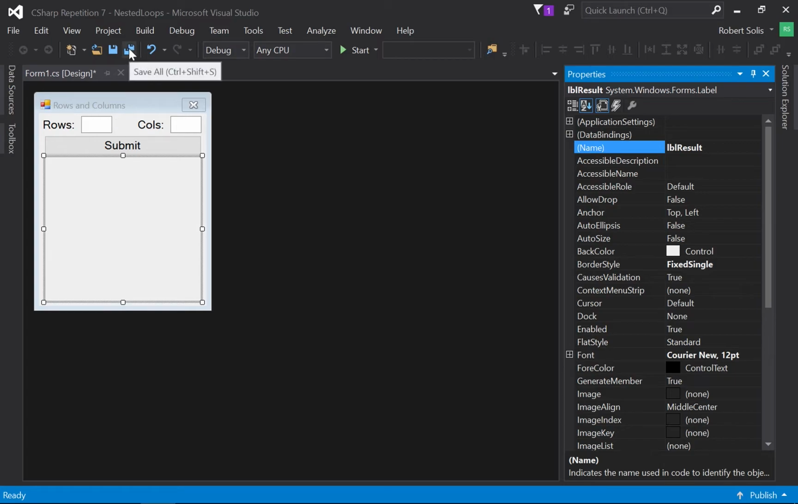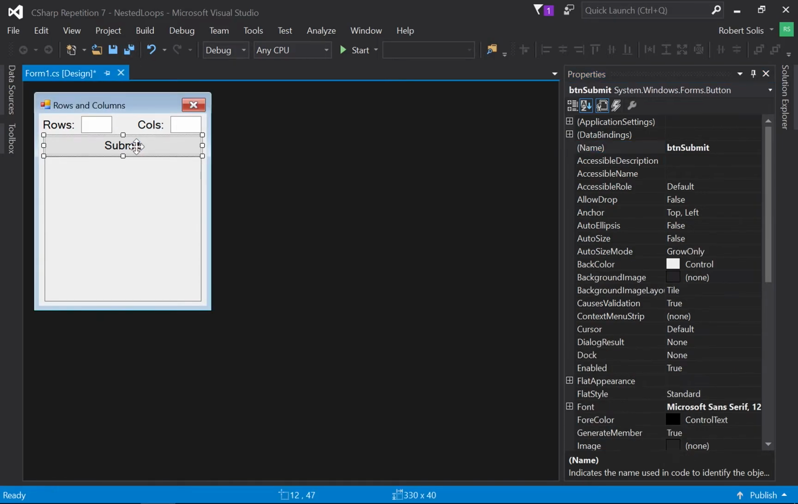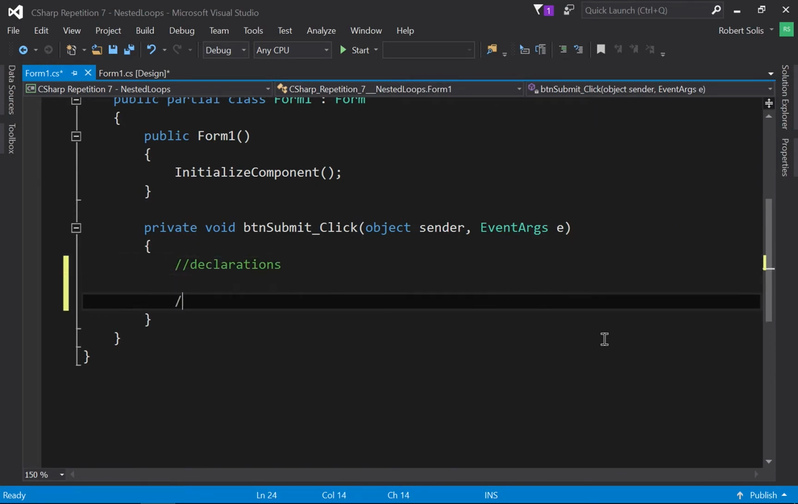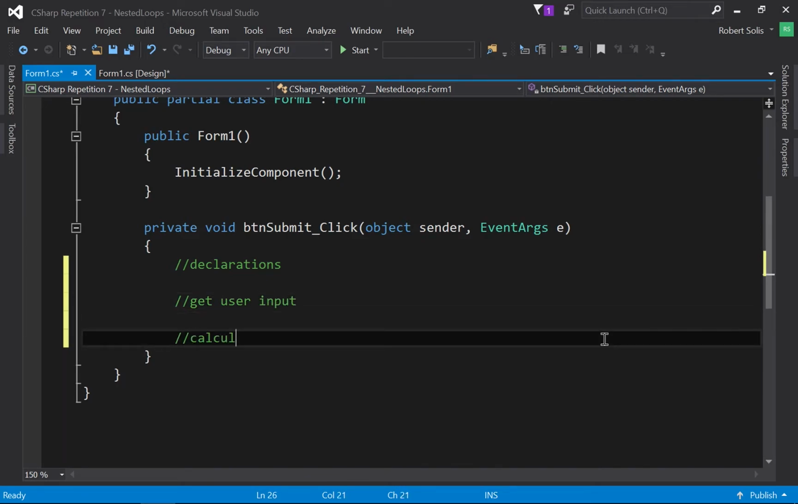Okay, so let me save my work. Let's go ahead and double click on the button, and we're going to start by typing comments such as declarations, get user input, calculation,